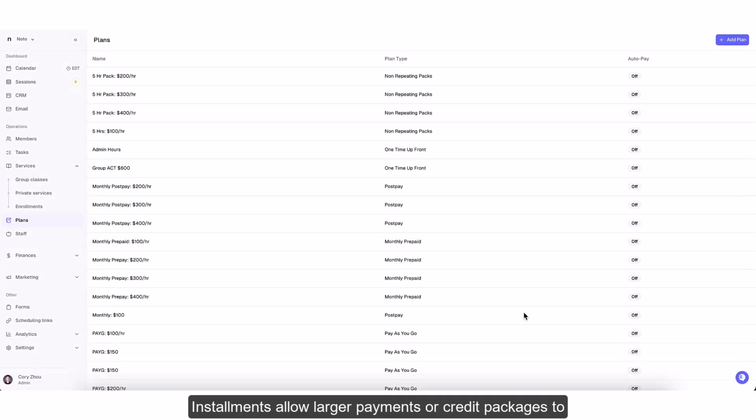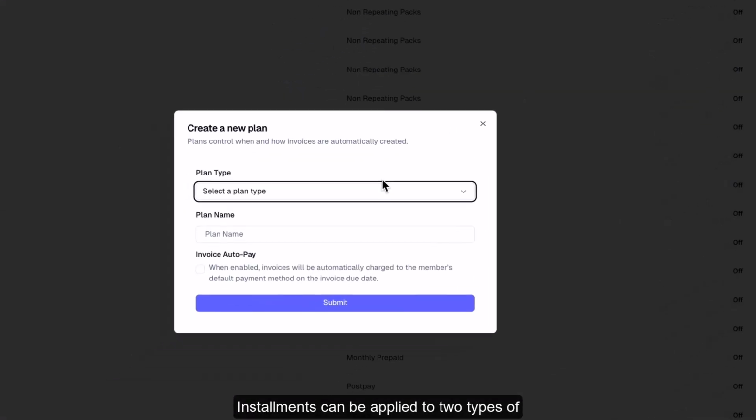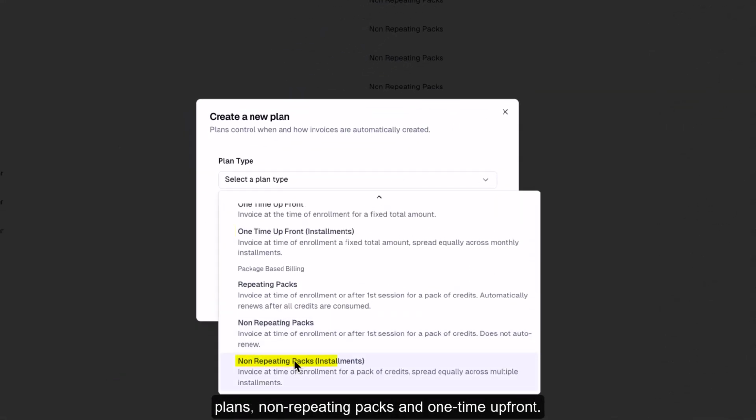Installments allow larger payments or credit packages to be spread over the course of a number of months. Installments can be applied to two types of plans: non-repeating packs and one-time upfront. Non-repeating packs are used if credits are being tracked for the installments, while one-time upfront is used if credits are